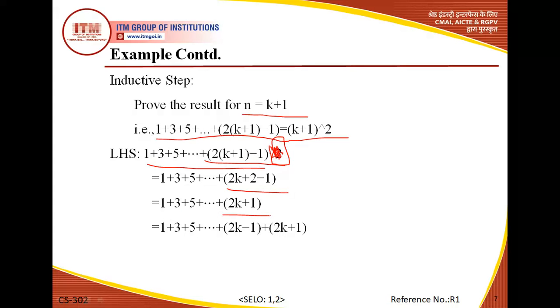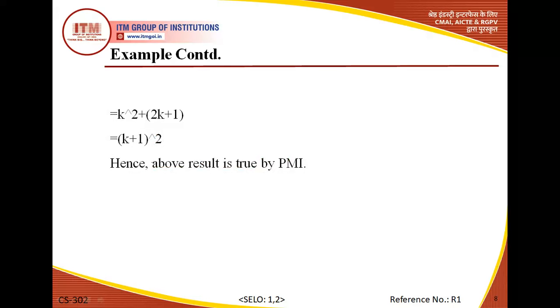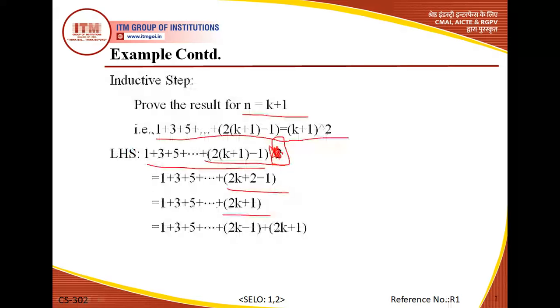Now this is 2k plus 1. What is the step that would come previous to this step? Just previous to this step, it will be 2k minus 1. Why? Because you have to subtract 2 from it. So we have got 1 plus 3 plus up till 2k minus 1 plus 2k plus 1. Now let's see this term, please see this part. Leave the last part.